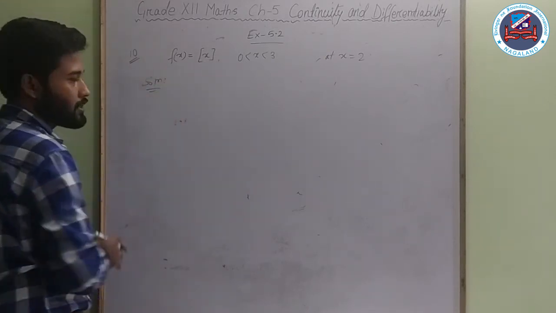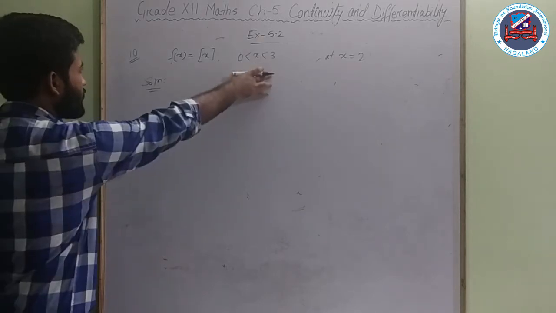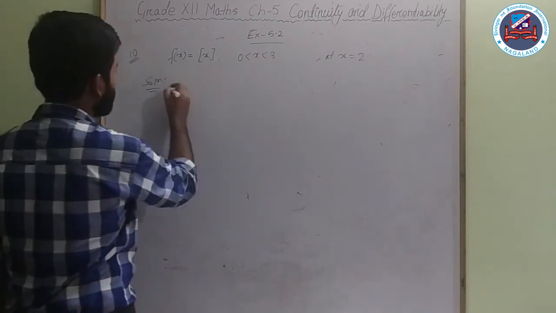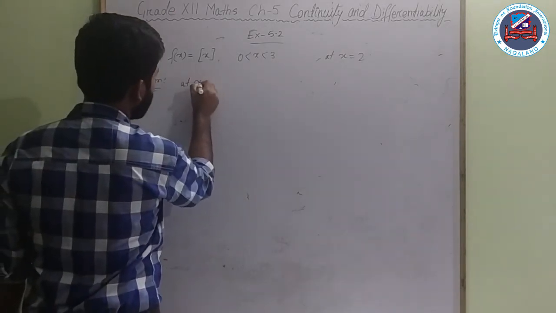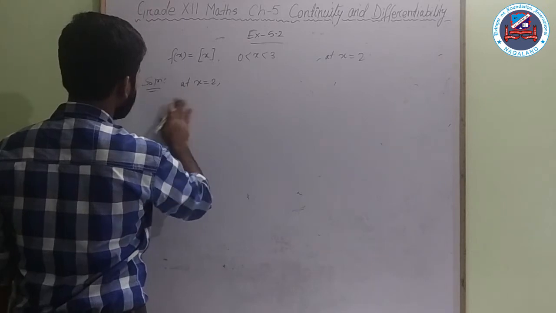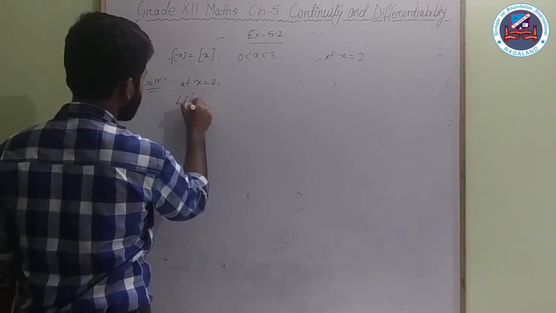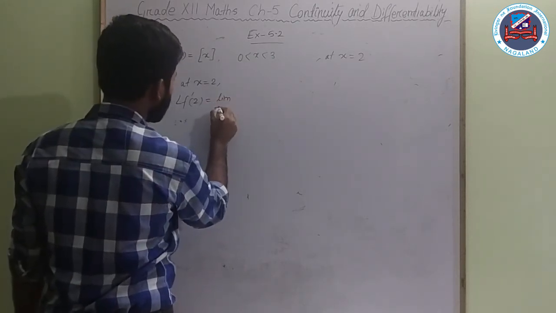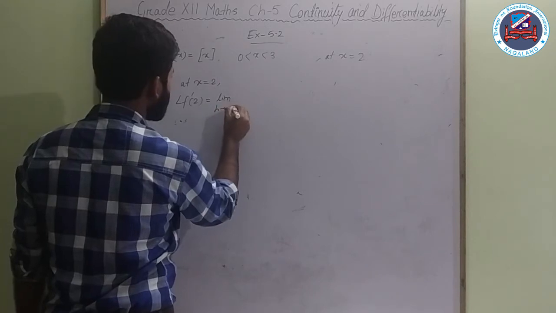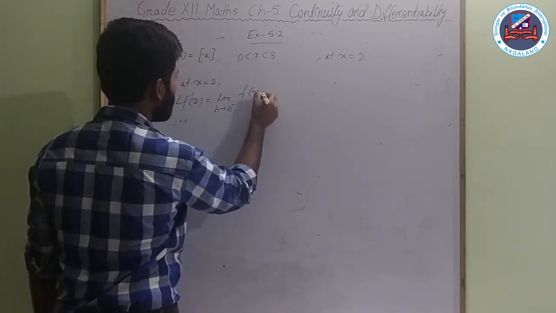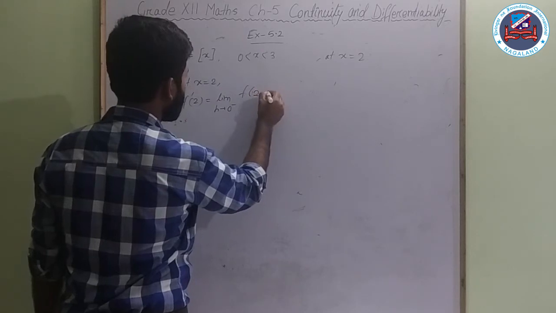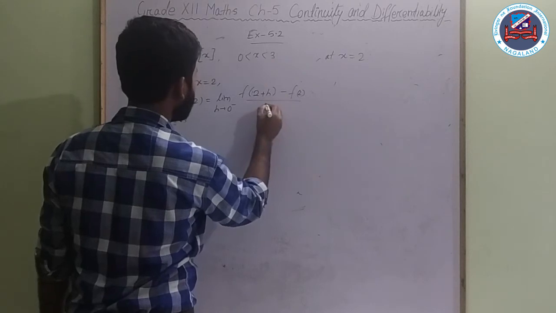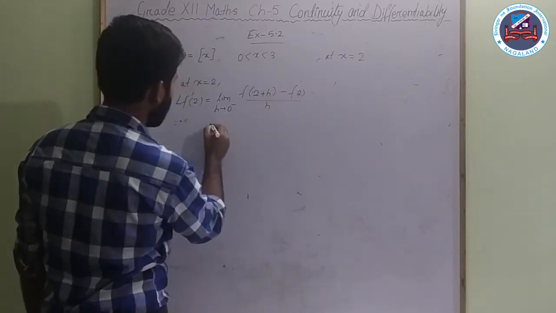So clearly this function is defined throughout the real numbers, also in the interval, because for whatever value we put here, we should get an integer. Okay. Now at x is equal to 2, L f dash 2, let us take the left hand derivative, that will be equal to limit h tends to 0 negative, f of 2 plus h minus f of 2 divided by h, and that will be equal to